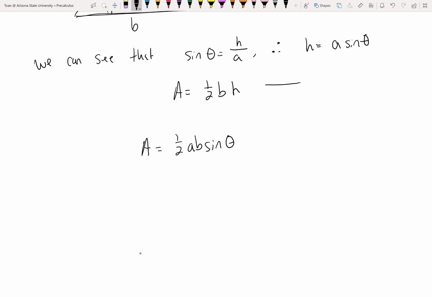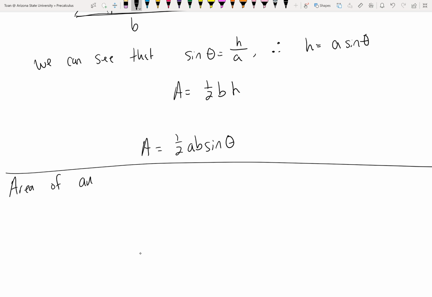I know we've always been taught this in geometry, 8th grade, 9th grade, whenever you took geometry, and that is okay if you're dealing with right triangles or if you're dealing with triangles that give you the height. Guess what? In the real world, you're not always going to be dealing with right triangles. You're not always going to be dealing with height. This is a little bit more general. This gives you the area of any triangle if, and this is a big if, you have two sides and their